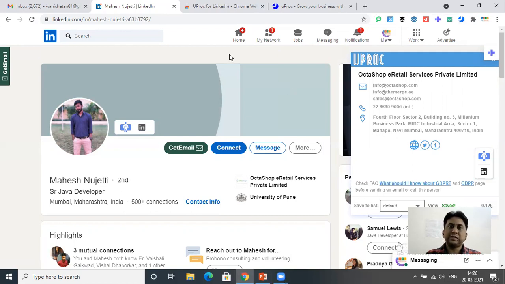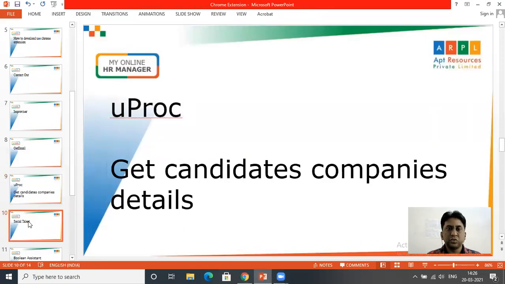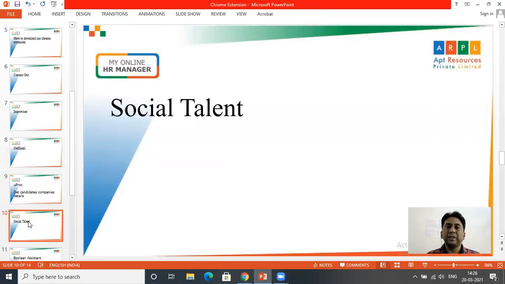So guys, this was the UpProc extension used to find candidates' companies, email addresses, and companies' phone numbers. I hope you might be finding it very exciting. So let's move to some other Chrome extension, SocialTalent. Now again, we would be shifting our Chrome extensions objective to developing strings.